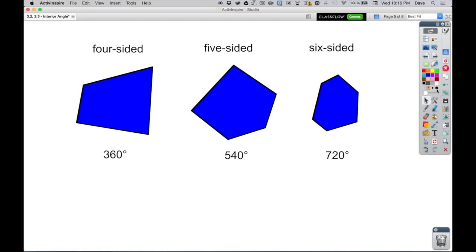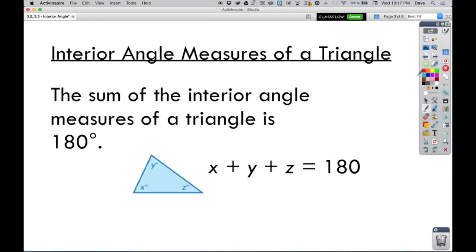And so one way some groups did this was they just looked at doing the same thing. They cut off the corners, put them together, and they formed a 360 degree full turn. For the five-sided shape, 540, you got 360 plus an extra 180. All right, but another way to look at this is to think of what we learned about with triangles,